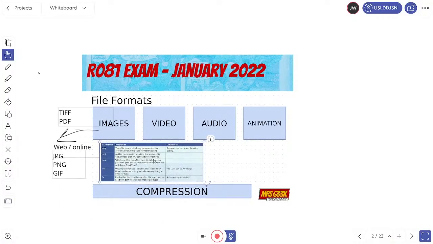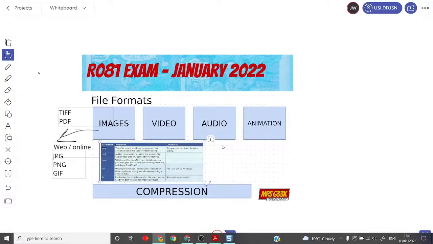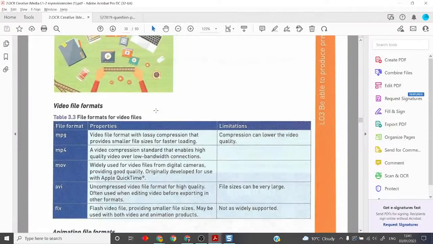Audio works pretty much the same way. So in audio, you've got your music here. So you've got things such as your Spotify, your Amazon Music, anything that's going to be streamed over the internet. You want to sacrifice a little bit of the quality so that you can make sure that the file size is smaller when it comes to actually listening to it. Because again, you don't want your music buffering every few seconds. So again, typically for this one, when you're streaming it over the internet, you're going to have MP3s, the most commonly known audio file format, but there are a few more to know about, and let's have a look at them in this document here.